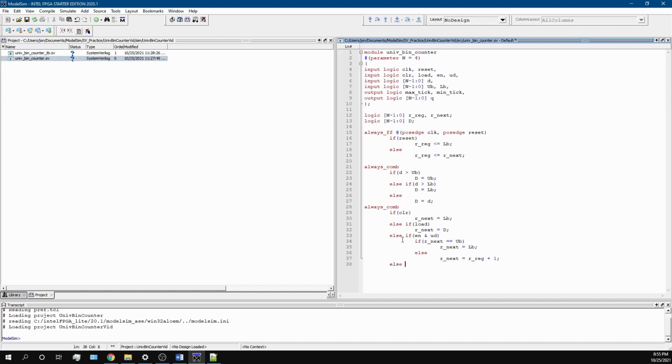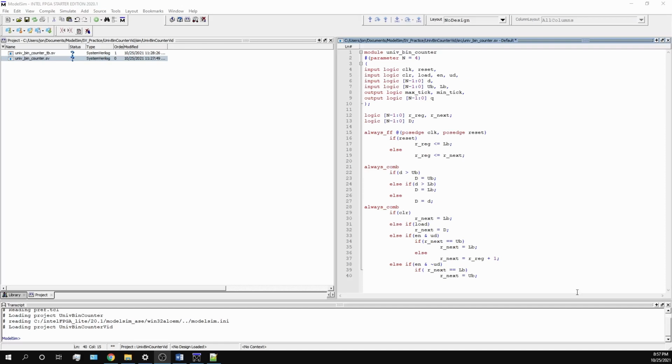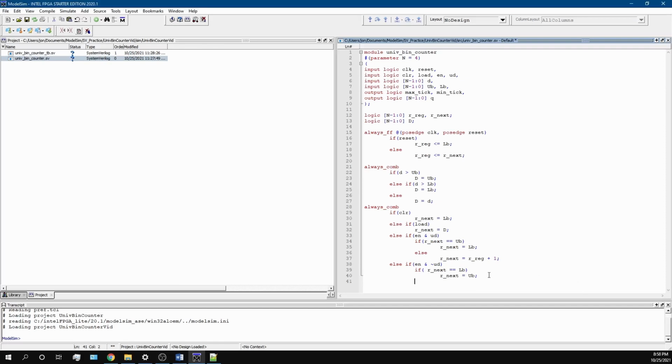Else if enable and inverted UD. So when UD is 0, here's what's going to happen. I'm going to have another if statement, and then I'm going to be looking at our next. And if it is equal to lower bound, I have to reset our next to the upper bound, like that. Else,